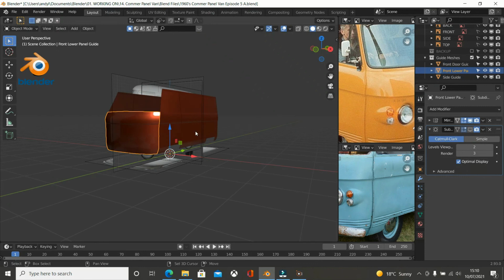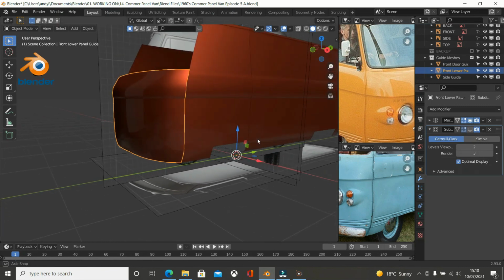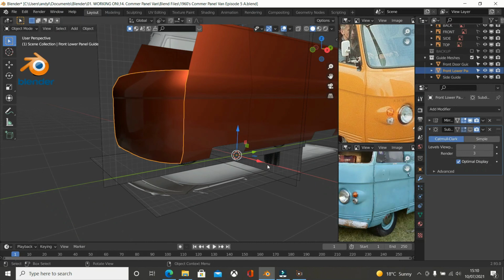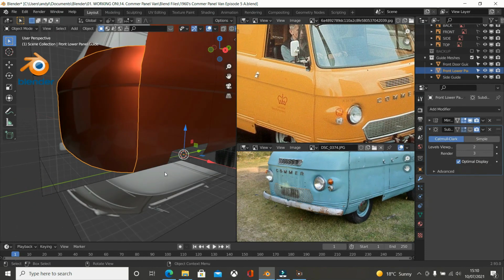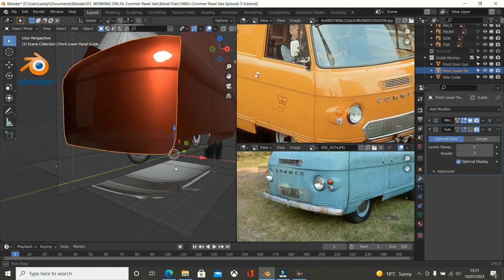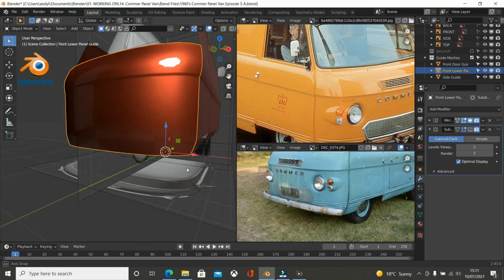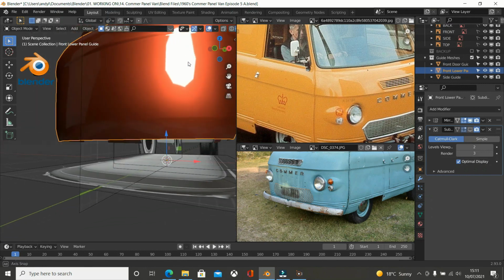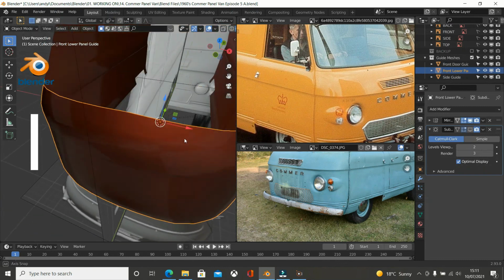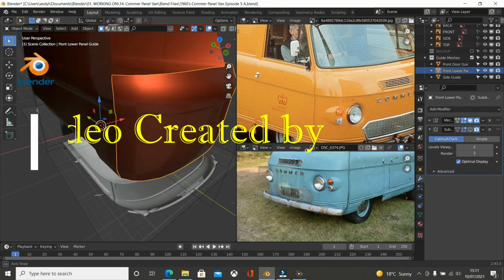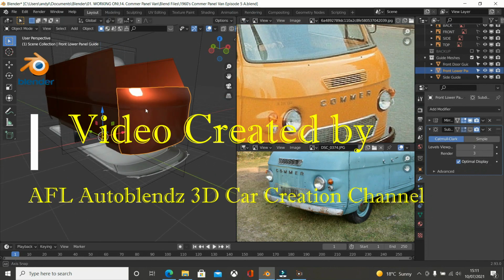So let's have a look at this. It's always good to look at photographs after you've done a bit of modelling, just to see where you are. I mean, this doesn't look too bad actually. Once we've got this out. No, that shape's looking fine. I'm happy with that. And it's pronounced enough there. It's got that nice little cut there. This is a nice shape, as you can see. Yeah, I think we've captured